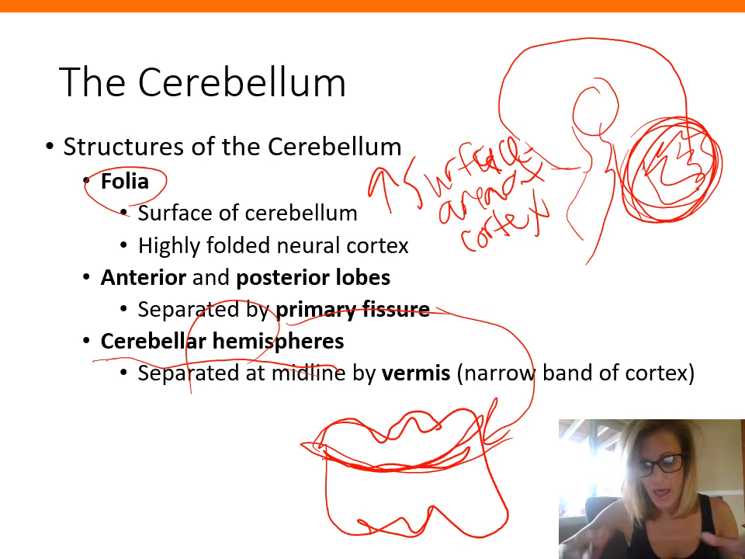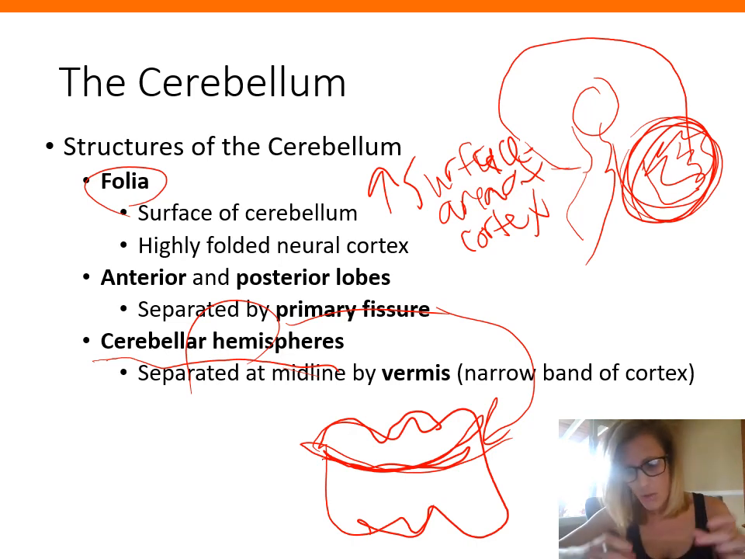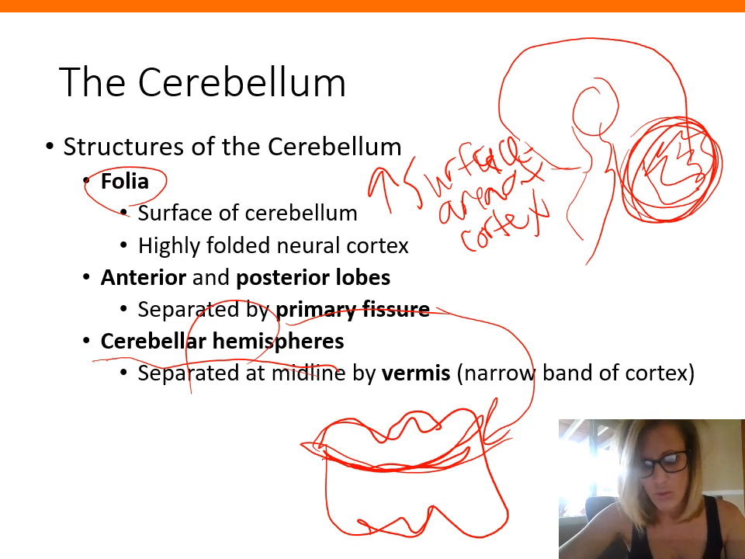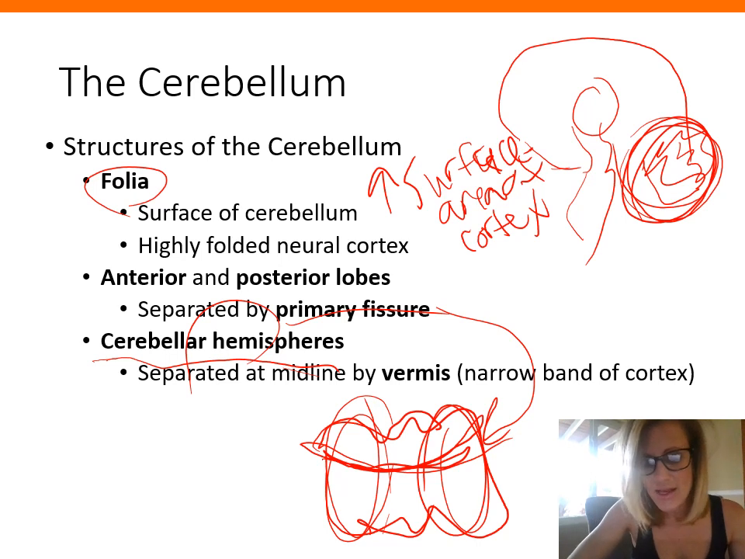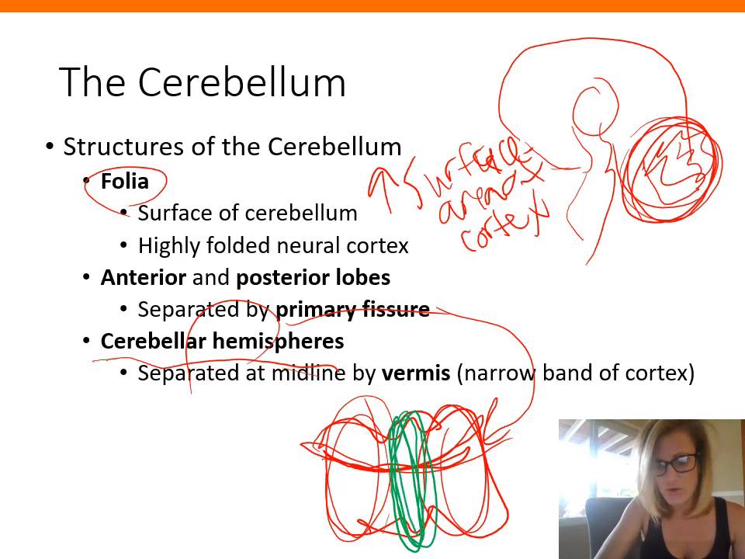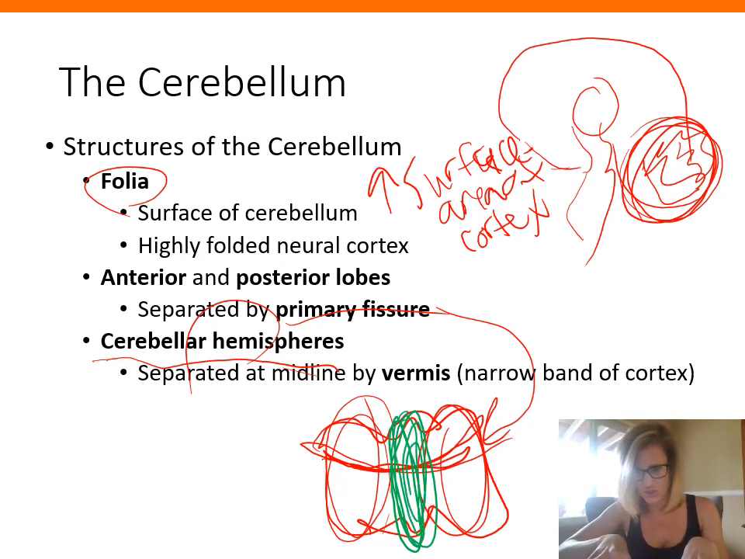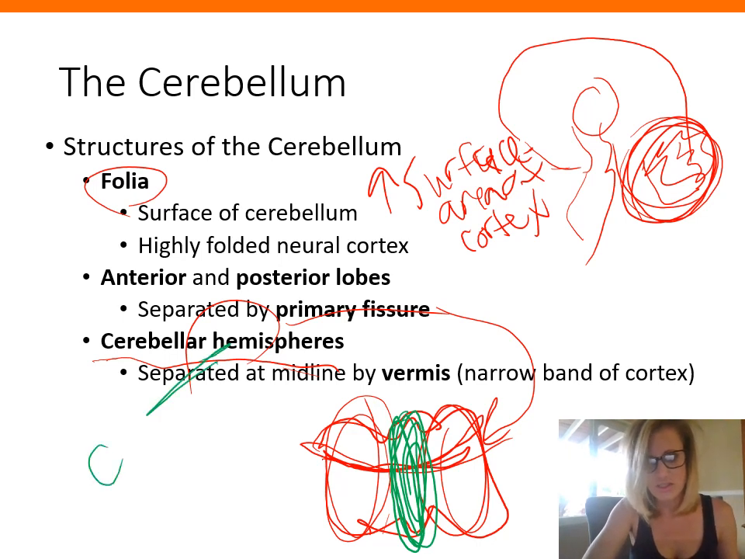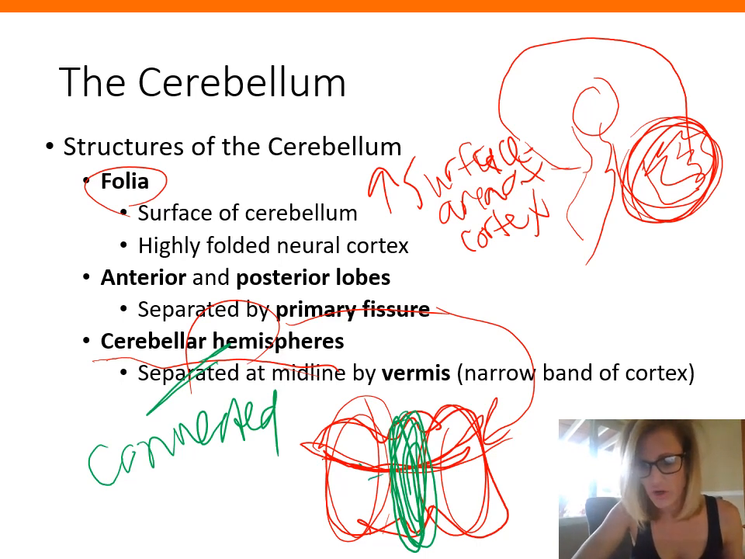The cerebellar hemispheres are separated by the vermis, but really it would be more accurate to say that they're connected by the vermis. So we'll have one of the hemispheres right here, another hemisphere right here, and then in between the two, we have this band of cortex that connects the two hemispheres to each other. So we'll change separated to connected. The two hemispheres are connected to each other at their midline by the vermis. Vermis is like a little worm,